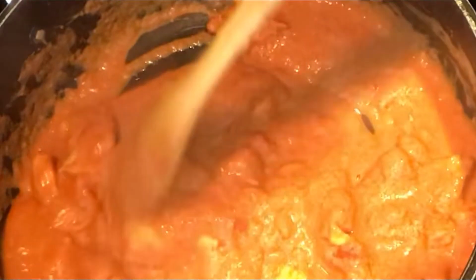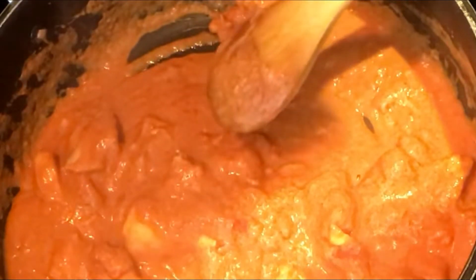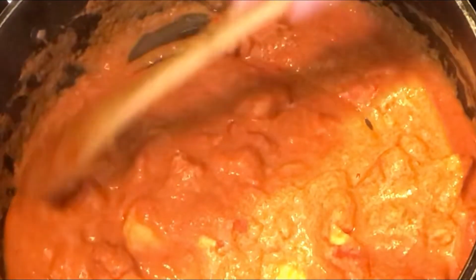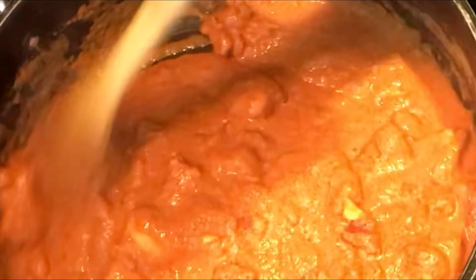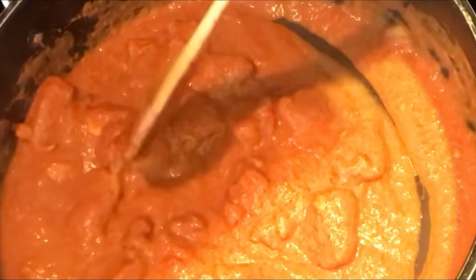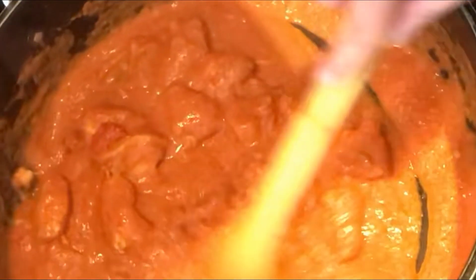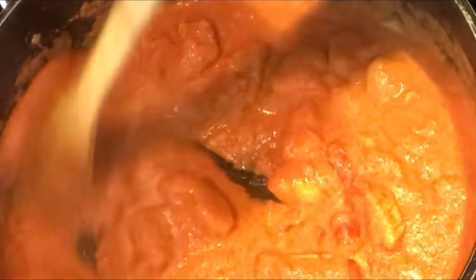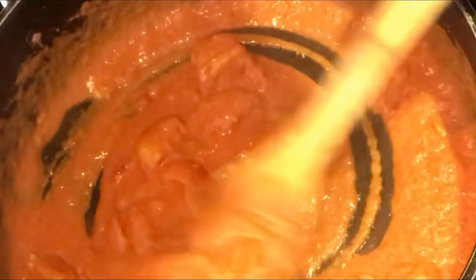I decided not to edit it out and redo the video because I wanted to show you what can happen if you have the heat either too high or you leave it on the stove for longer than the 5 minutes that I'm recommending here. The cream will start to curdle, and you can see here it is slightly curdled. It's not too bad, and it will not affect the taste of the butter chicken,